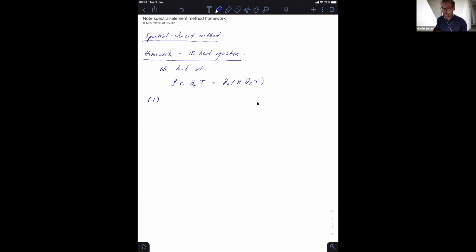Suggestions? Find the weak form. Weak form, yes. Good. Let's do the weak form. So